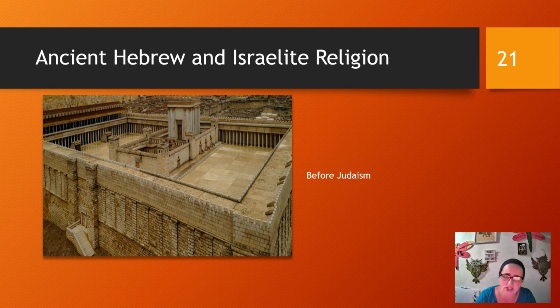So the earliest religions of the Hebrews and the Israelites are better referred to as ancient Hebrew and Israelite religion than Judaism. There is a relationship, but I'm not sure we would recognize ancient Israelite religion as Judaism if we were plopped down in it. There are massive changes that occur. It's henotheistic, it's sacrificial based only, and it's fluid, and it's more autonomous. Each individual household or each individual community leader probably had a lot of influence on how the religion was practiced day to day.